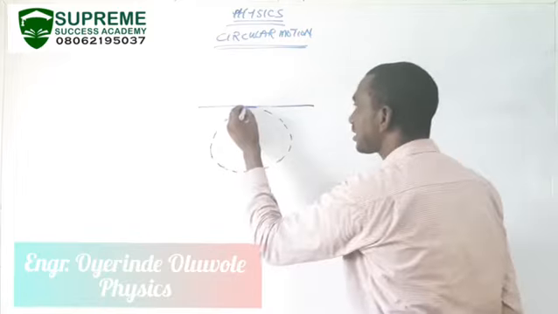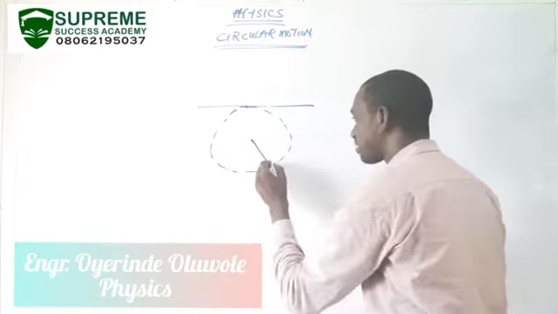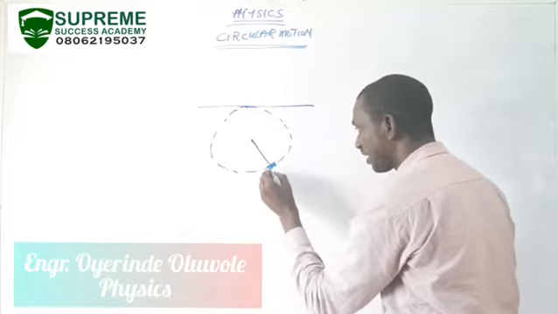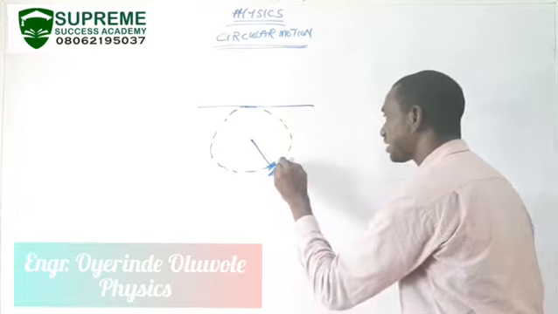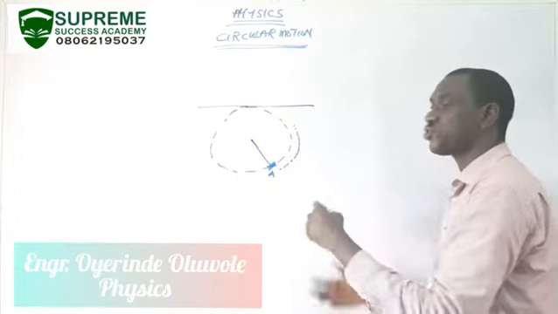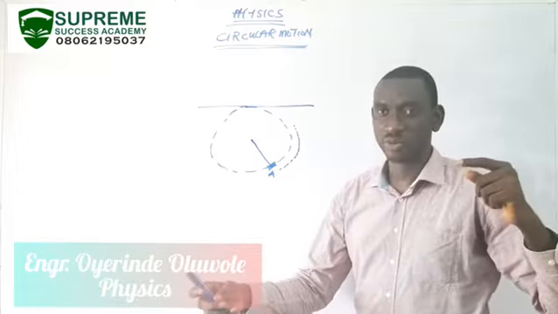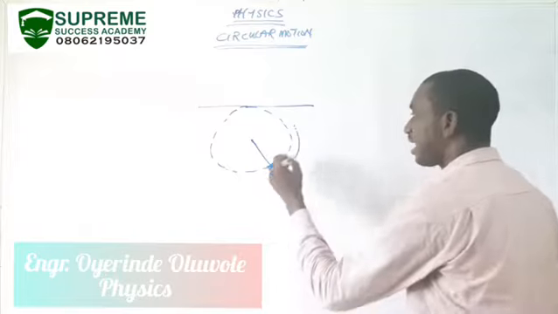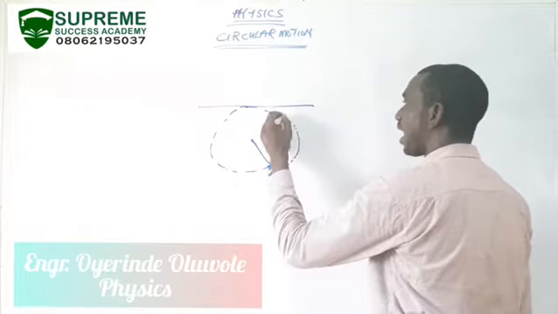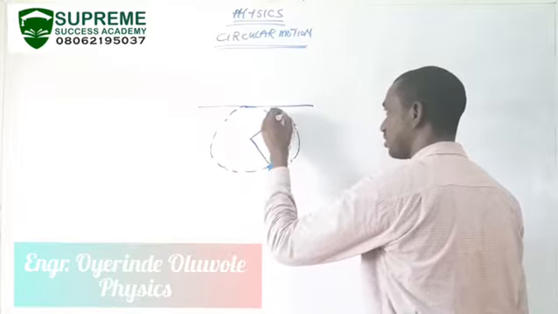Look here. Let's say an object, this is the center of this circle. An object starts from point A. Let's say this is the point A which this object starts from, and it now starts to move like this. This could be the motion of an object. Let's say you tied a rope to an object and you are now whirling it like this. So let's say the object starts from here and it stops at this place. Let's make this as our case study.